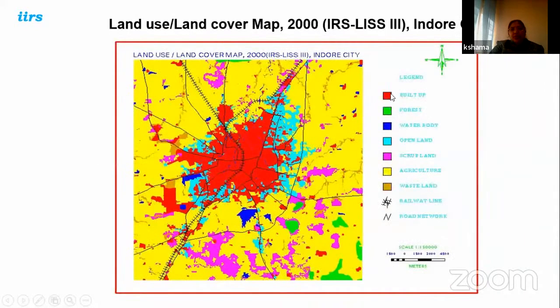So you can prepare a broad level land use map, where broad level classes you can identify, which are useful for district level or regional level studies. You can prepare a map of many of your surrounding city areas and compare them. And if you take the temporal data, you can do growth monitoring, how the city has grown from one period to another period. So these kinds of studies are possible.